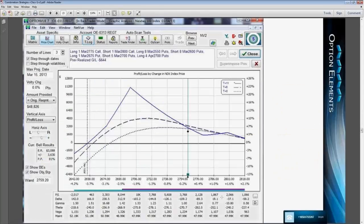Now you can see how this trade is evolving. This is what the graph looks like right now. Still have the main components of what it looked like originally, but notice the graph area to the right is starting to take on a new shape. One of the things that we're trying to do is as we